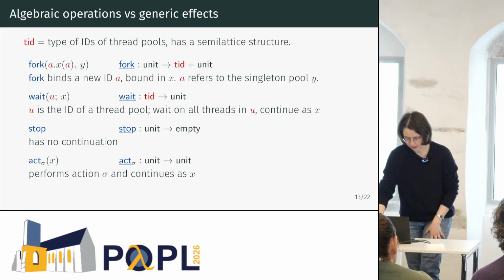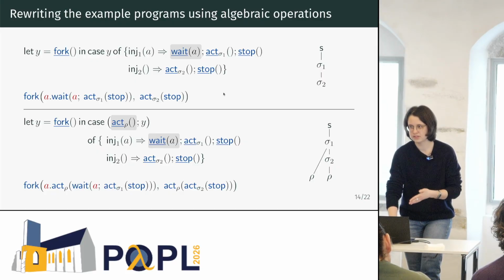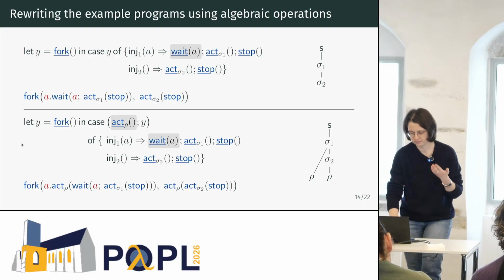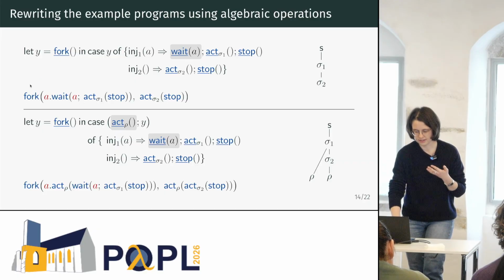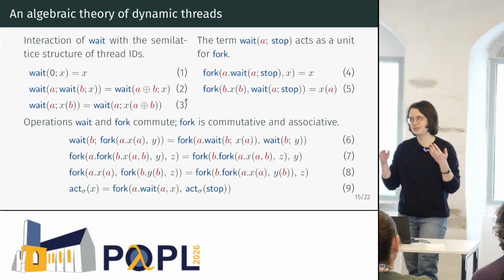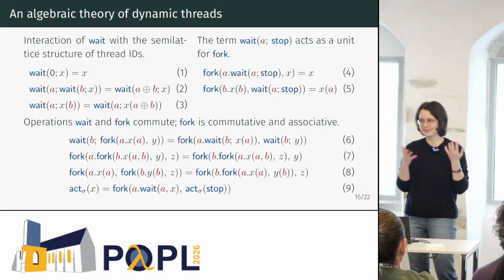Okay. And so the point is that these algebraic operations are just a different syntax with which I can write the same examples that you've already seen. And the POM set representation will remain the same. So you don't need to understand the details of how to translate from this top one to this one, but the idea is that the term still starts with fork, and then there's one part for the parent and one part for the child. But with this new syntax, I can state the algebraic theory on one slide, which I think is quite nice.